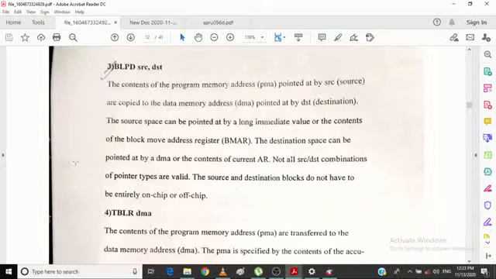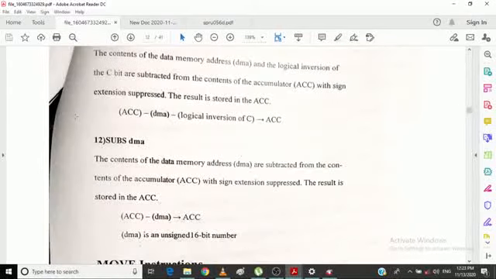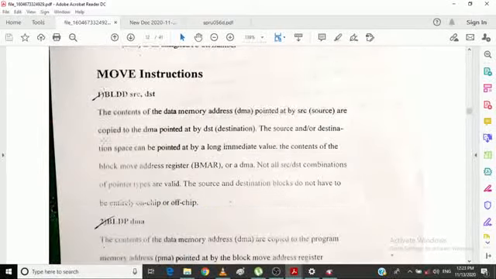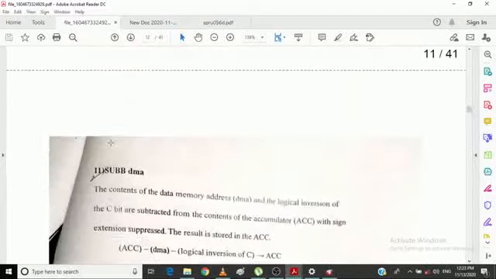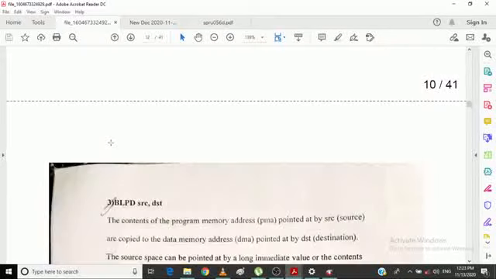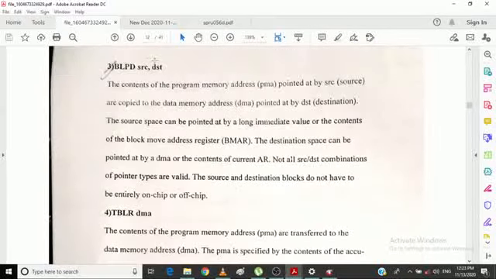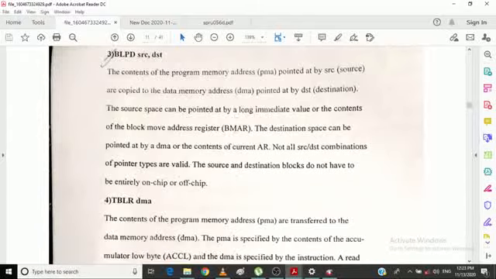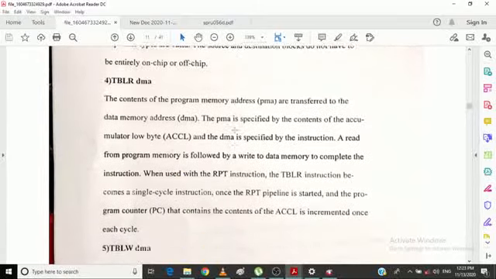Okay, next one is BLPD. Previously, BLDD is data to data, BLDP is data to program memory, and BLPD is nothing but program to data memory. Program to data memory, and the source and destinations differ. You can go through this point. The next one is